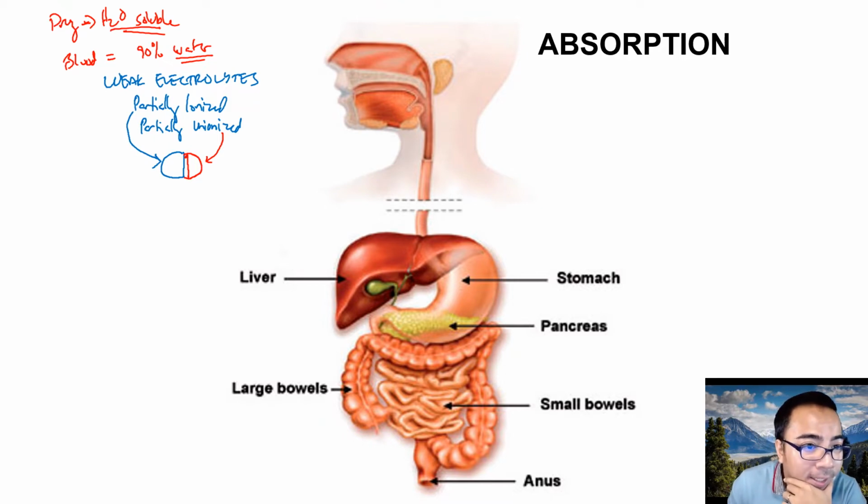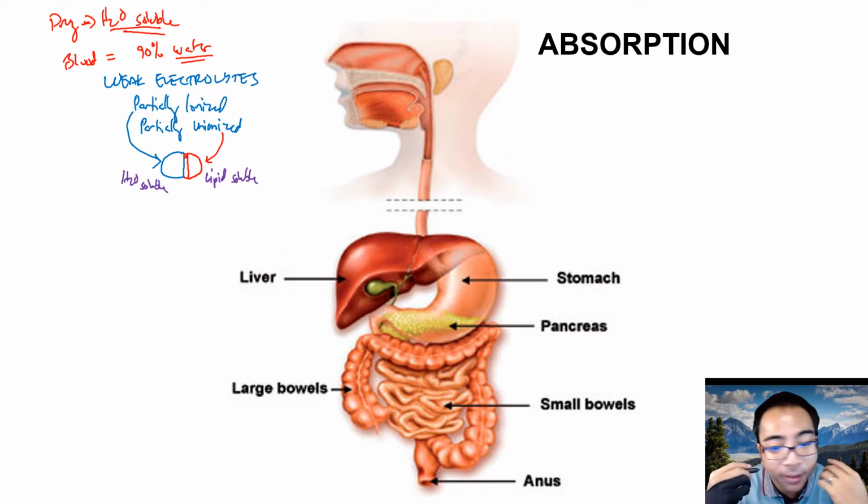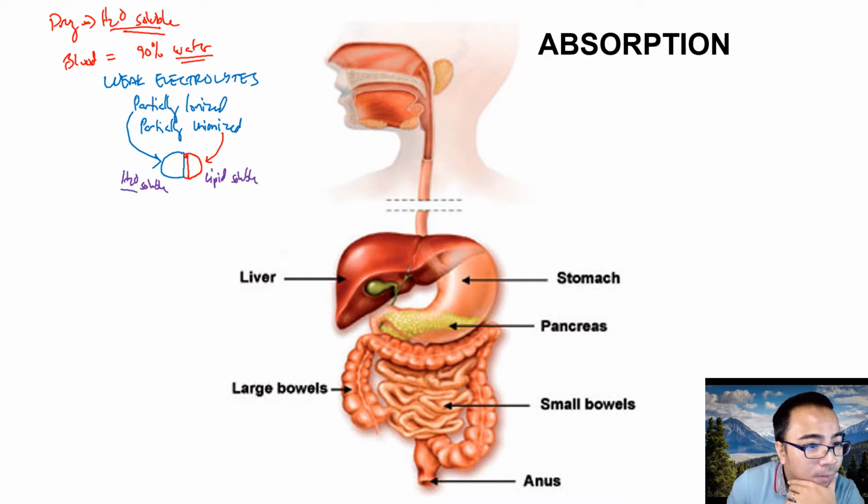So, the partially unionized portion, class, makes it lipid soluble, while the partially ionized portion of the drug makes it water soluble. So, meaning you get the best of both worlds. Okay? Now, class, why is it ideal that a drug must exist in its weak electrolyte state? Because, class, the ionized portion of the drug allows it to dissolve, okay? Allows drug to dissolve